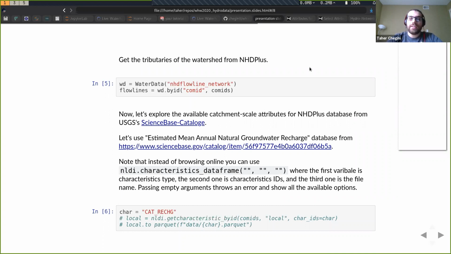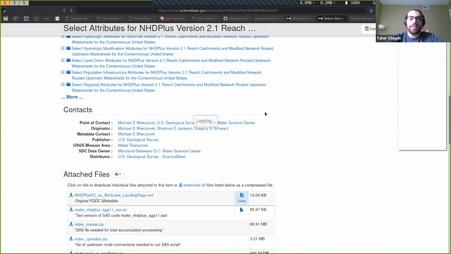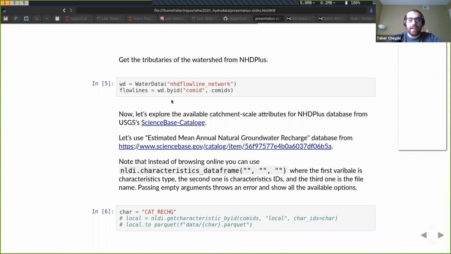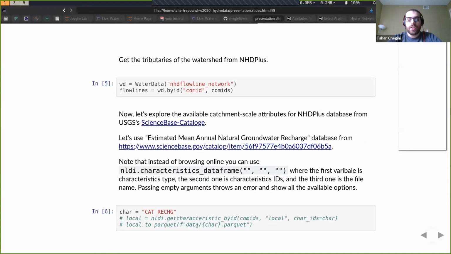So all these characteristics in this catalog, everything that is here, are based on COM IDs. If you have COM IDs, you can have access to all the attributes, which in each slide we already kind of got all the COM IDs. So if you just pass the COM IDs, and then you want to get all the local,